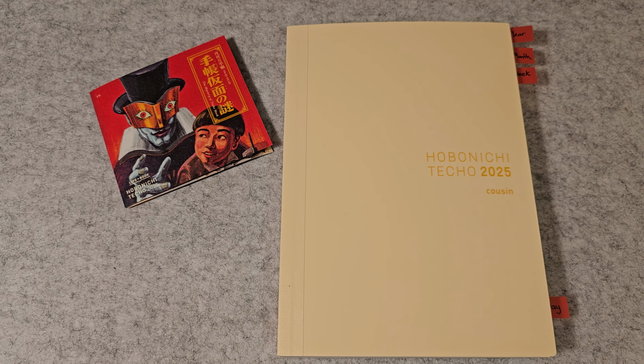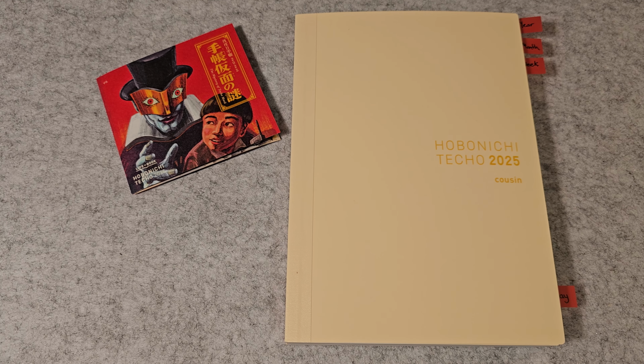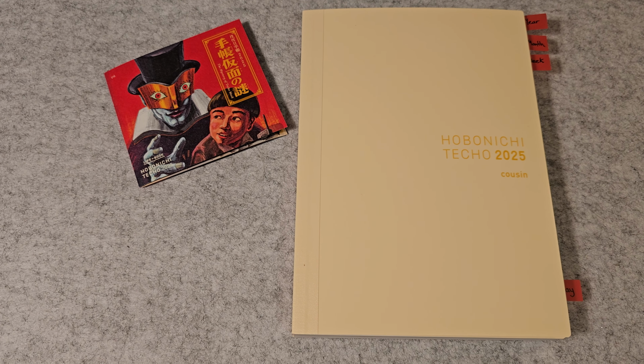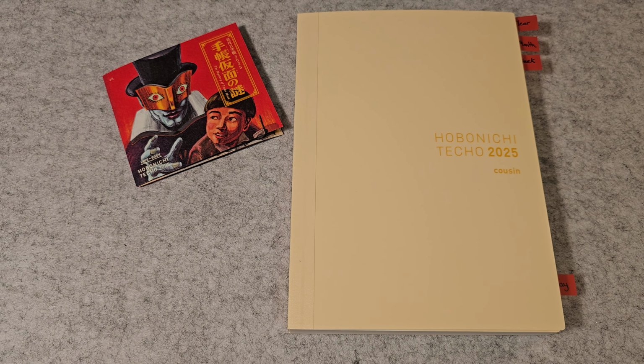This is a quick review of the Hobonichi Techno Cousin for 2025. I recently purchased this on Amazon and wanted to throw a quick review on YouTube so you know what to expect in case you're like me and thought about buying this planner. This is my first time using this planner, so I want to let you know what you can expect when